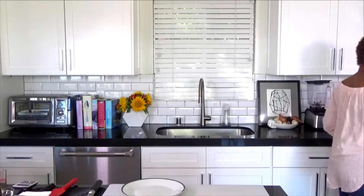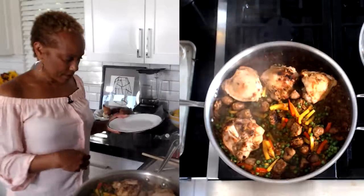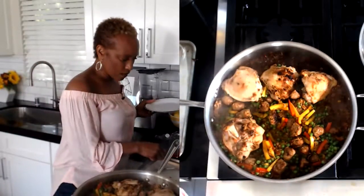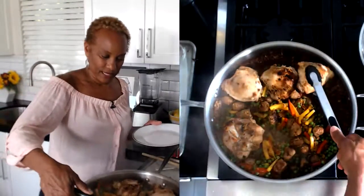So we're going to make lots of room here so I can try to plate this nicely and not embarrass myself. Maybe I should do it one at a time because I'm a little concerned. I'm going to take this off. Mike, did you get a shot of that? Yeah, it's very colorful. I think I'm just going to plate it over here. So I'm going to take one